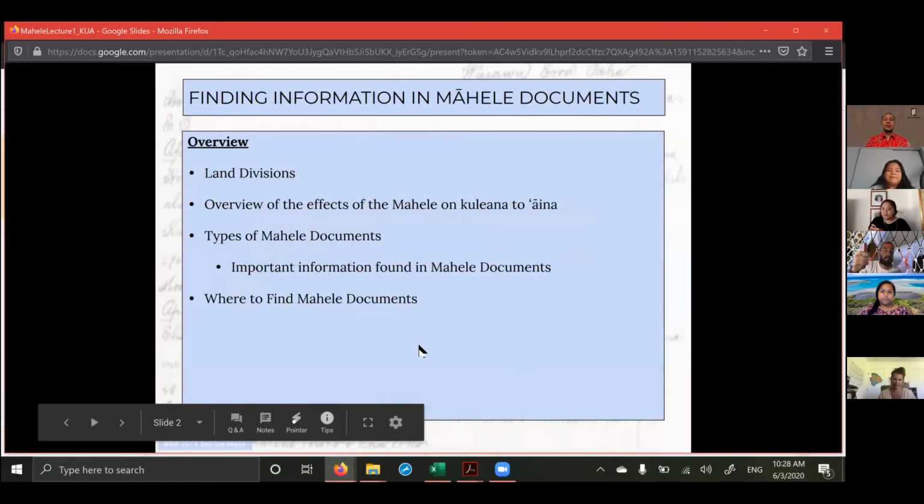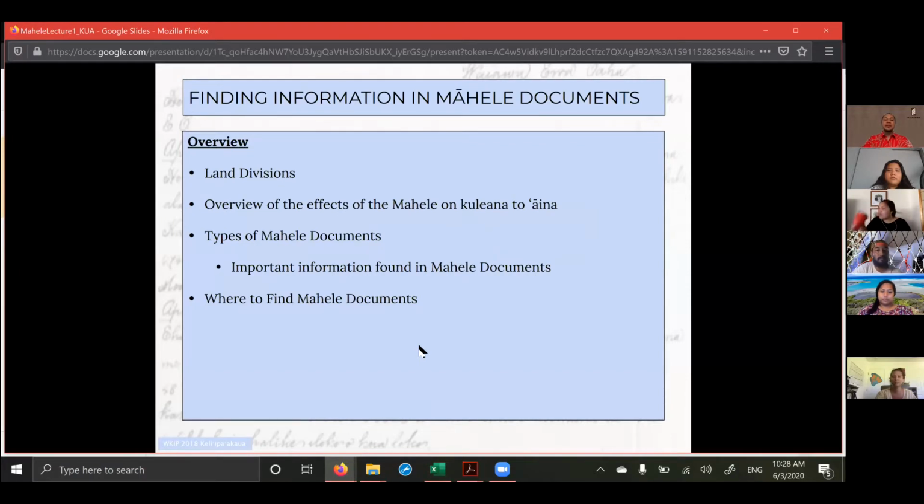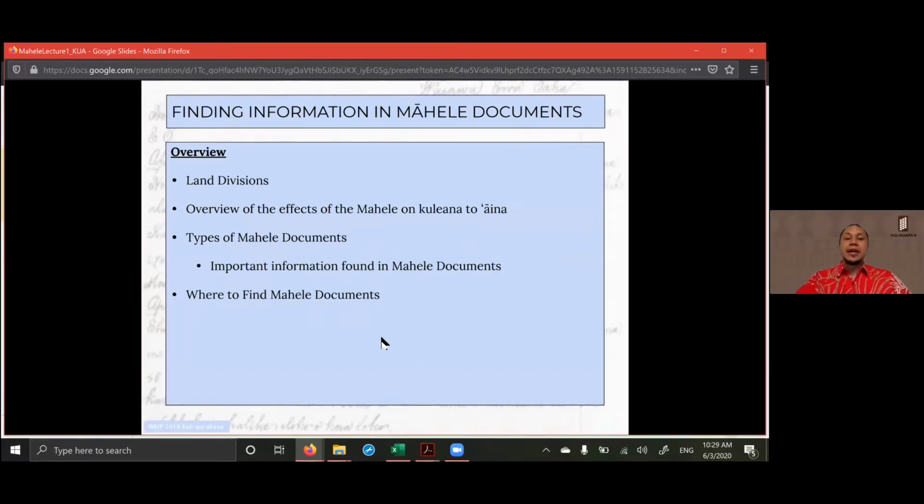Okay, cool. So there's a lot to Mahele. What we're going to focus on in this first part of the presentation is really how do you find useful information in the Mahele documents that would be helpful in understanding your Aina, and understanding not just the history of the area, but the different resources there that might have been cultivated there, the people that lived there, and maybe even some level of structure and whatnot. So basically, in order to understand it during this presentation, first we're going to quickly recap land